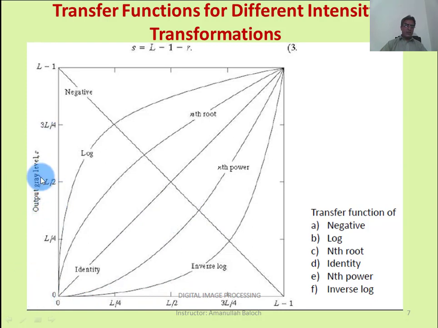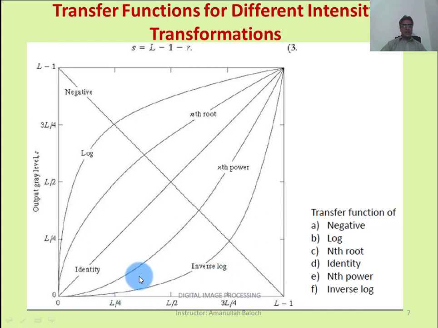This is the output gray levels, and these are the input gray levels: 0, L by 4, L by 2, L, meaning 256. There are 256 gray levels in each gray image. Maximum 256 gray levels, and the value of the first gray level is 0, and the last is L-1, that is 255. 0 is black and 255 is white.